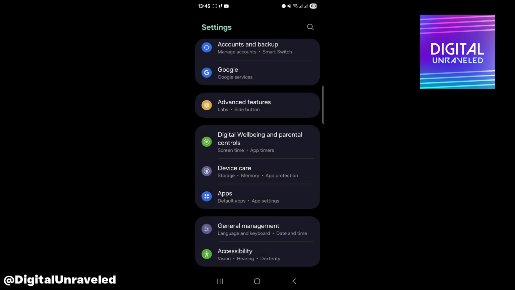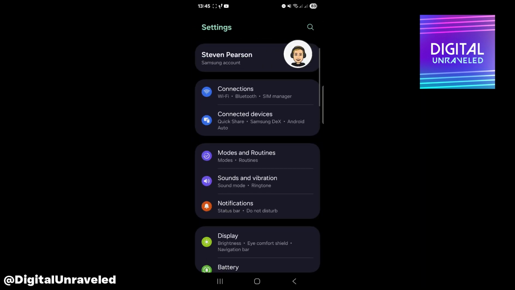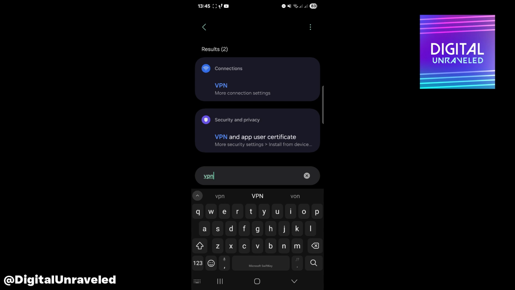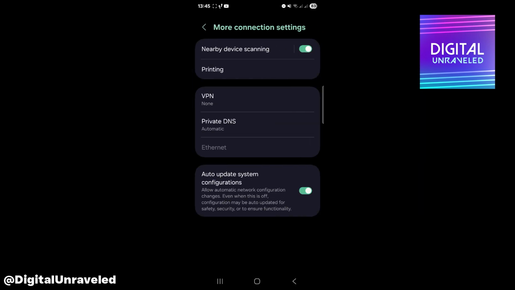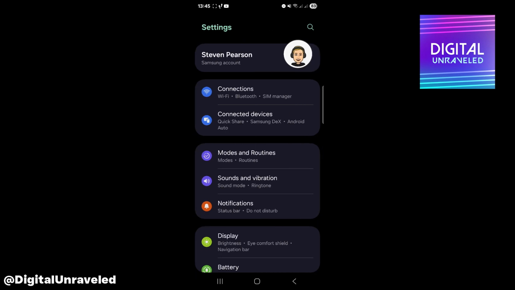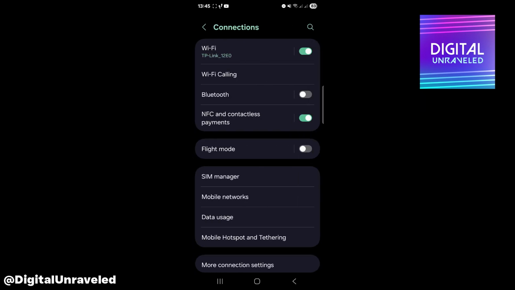If that still hasn't resolved the issue, go into your settings, remain there, and go into the search bar of your settings, type VPN. Okay, go into VPN and make sure that there's no VPNs that your phone is trying to connect to. Okay, and then the last thing you can try is go into your settings, connections, go